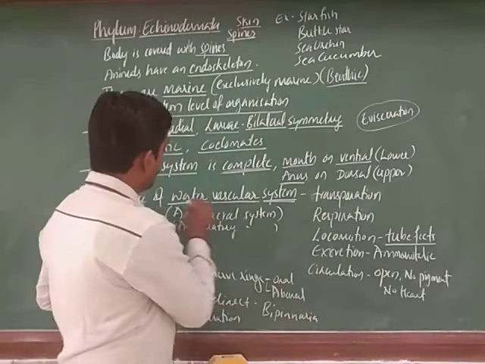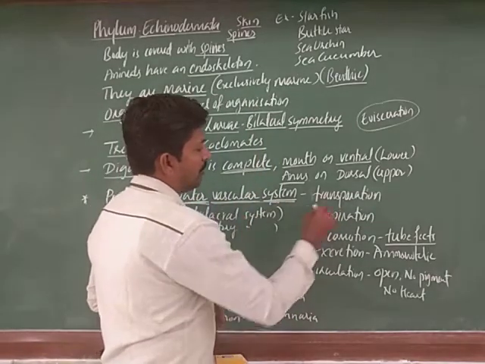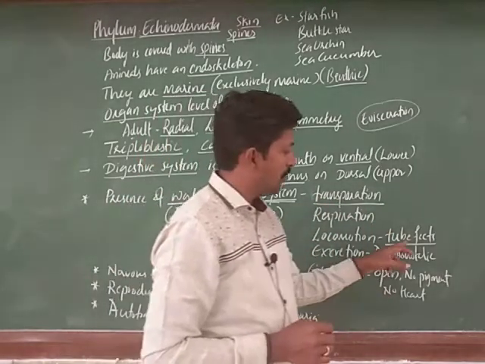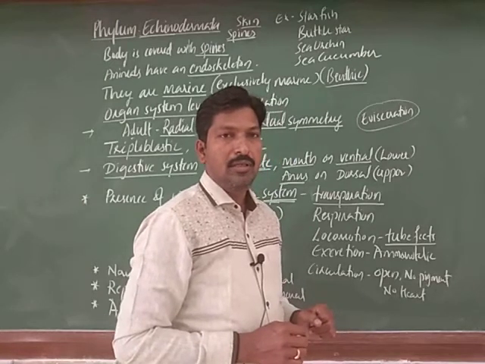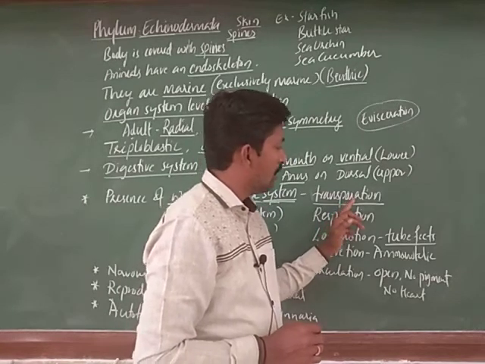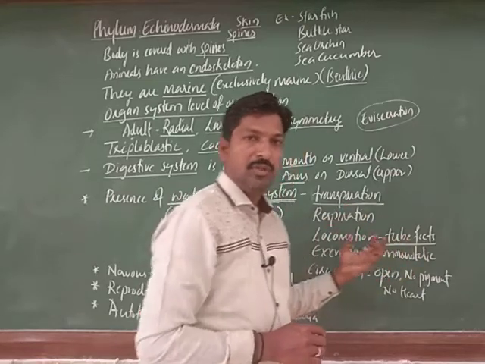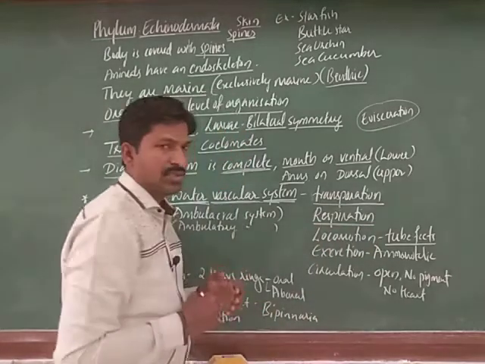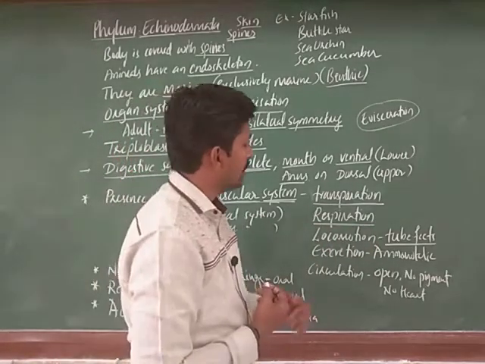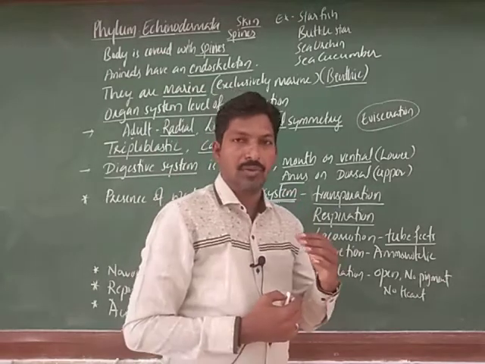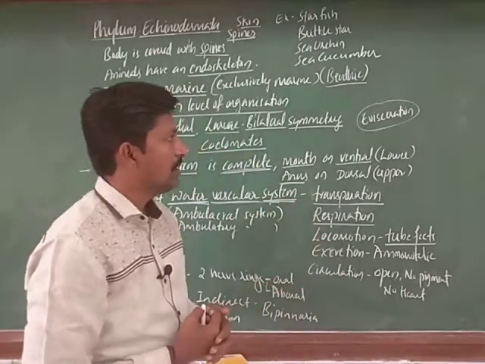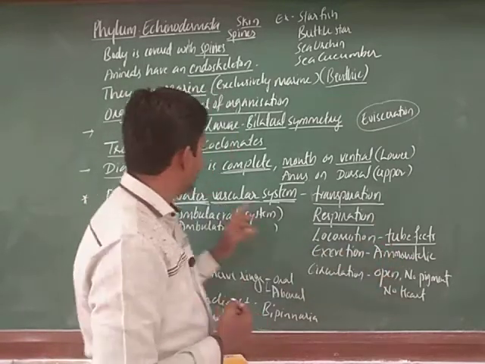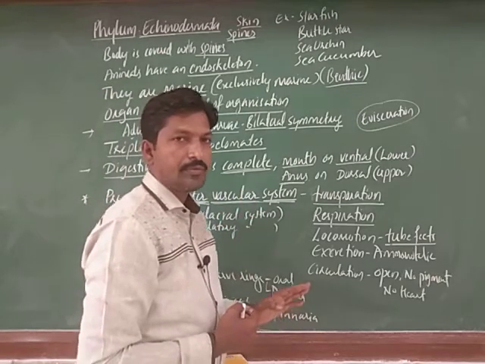So, this whole water vascular system performs functions like transportation and capturing food with the help of the tube feet, right. And next, the transport of that food is also conducted by this water vascular system. Even respiration, there are no specialized structures for respiration in these cases. Usually respiration takes place by diffusion. And next, locomotion by tube feet; tube feet are a part of the water vascular system, right.